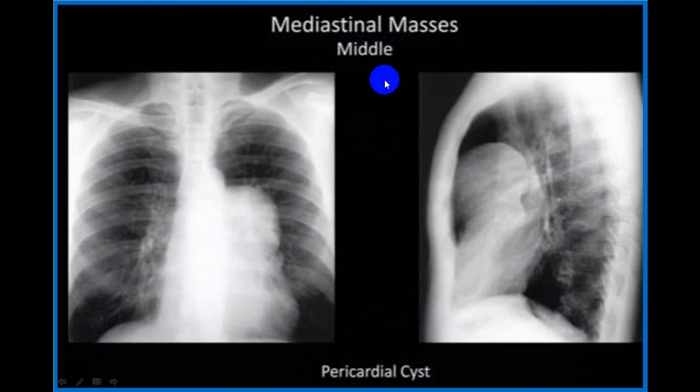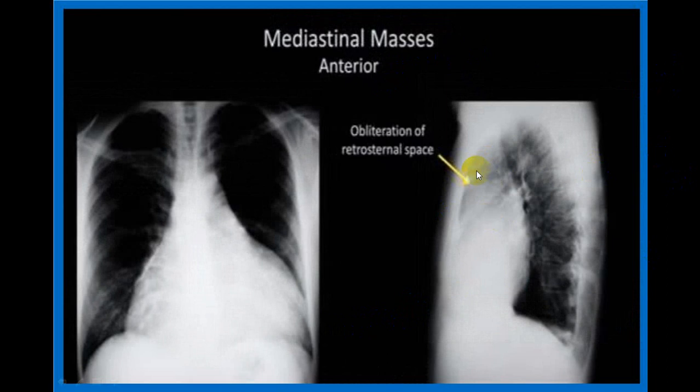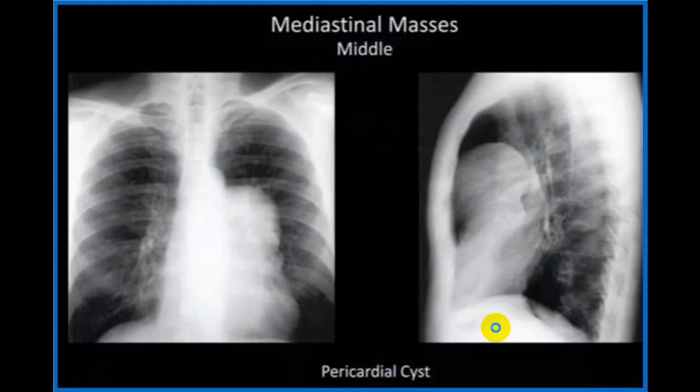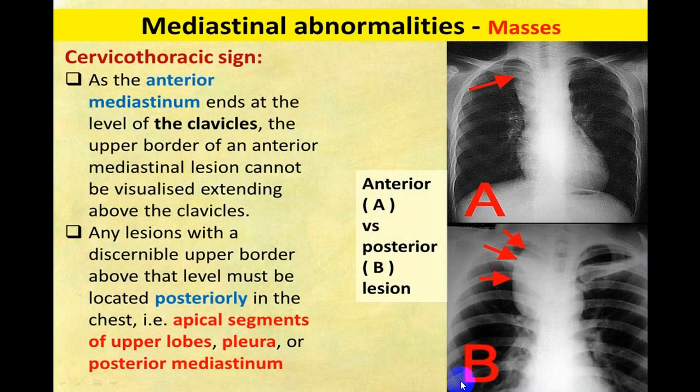And this is in the middle mediastinum, and this is in the anterior mediastinum. So this can be due to thymus, thyroid, lymph nodes, arch of aorta, etc. You try to identify. A big pericardial effusion can also sometimes produce an extension here, obliteration of the retrosternal space. So a massive pericardial effusion can produce this. But here we are not getting encroachment posteriorly. So this was a pericardial cyst.